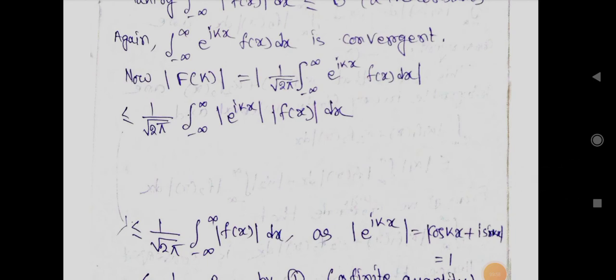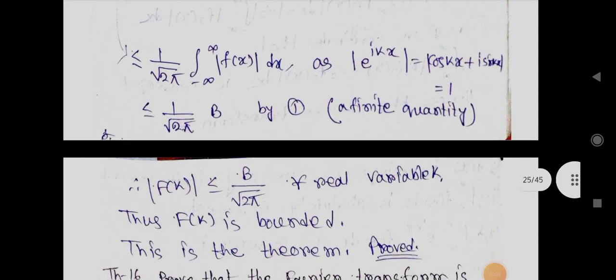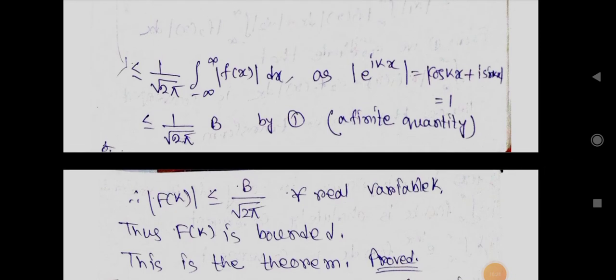Again, integration from minus infinity to infinity of e to the power ikx f(x) dx is convergent. Now |F(k)| equals |1 by root 2 pi integration from minus infinity to infinity e to the power ikx f(x) dx| less than or equal to 1 by root over 2 pi integration from minus infinity to infinity of |e to the power ikx| |f(x)| dx less than or equal to 1 by root over 2 pi integration from minus infinity to infinity of |f(x)| dx,